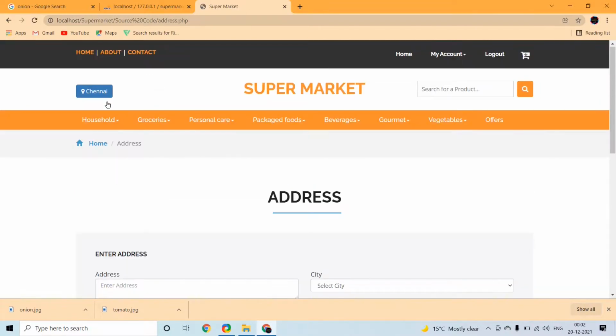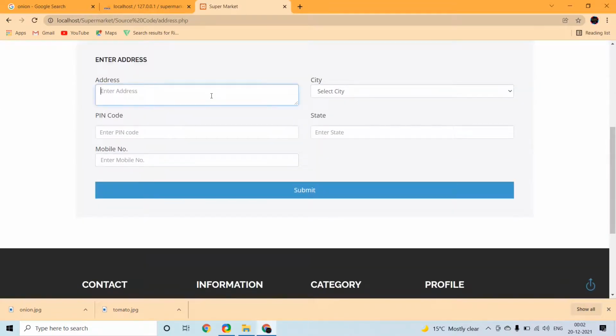Now I'm giving the delivery address. I'm entering a delivery address here. Enter address, 4th floor, NPB Plaza, Chennai. Select city Chennai.